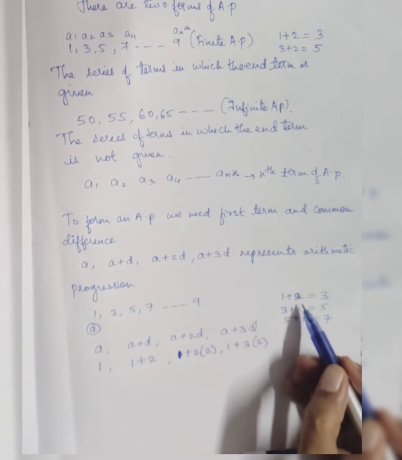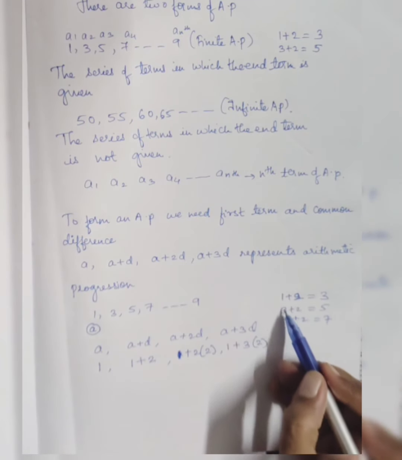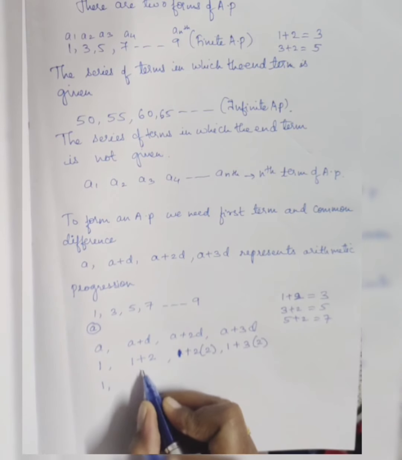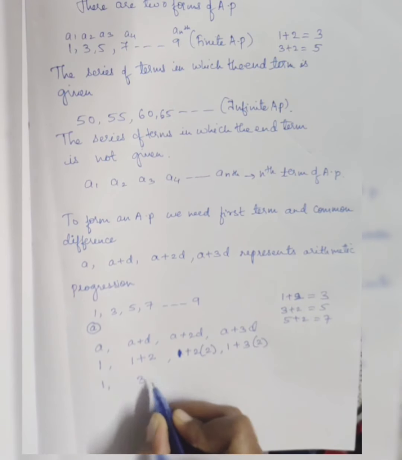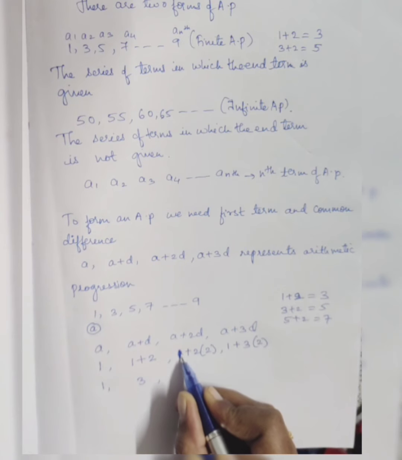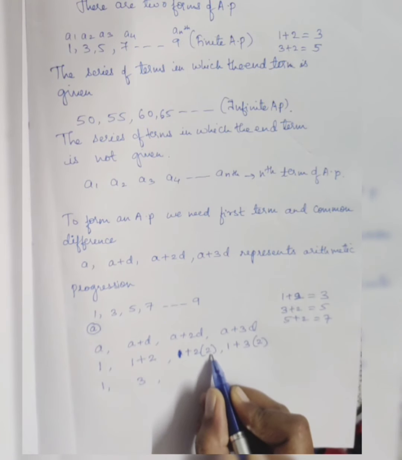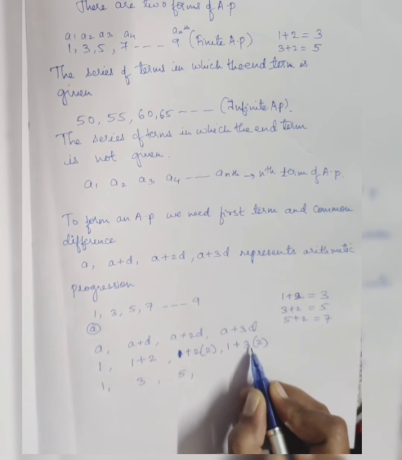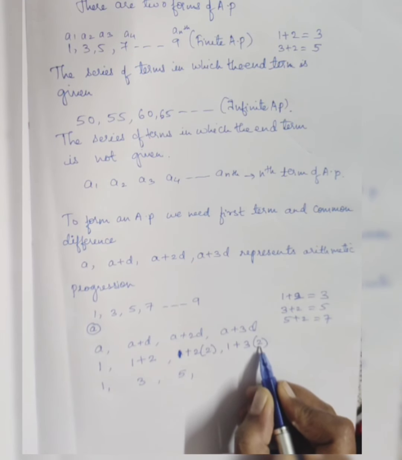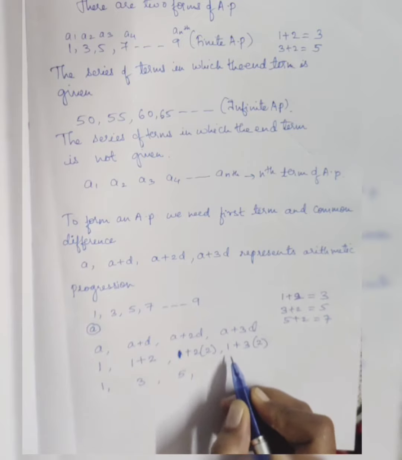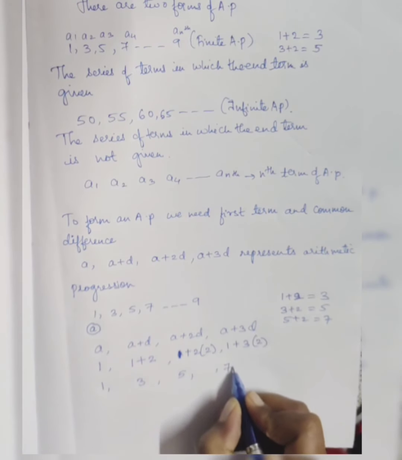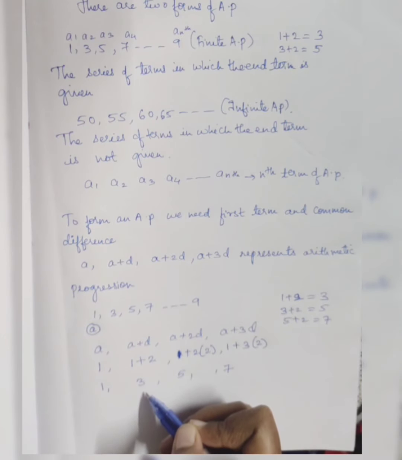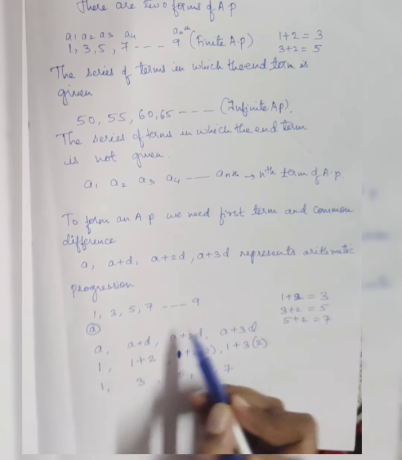Common difference is nothing but the constant term which you are adding for each term. So what will you get? 1 as it is. Here 1 plus 2 is 3. And here 1 plus 2 into 2 is 4, so 4 plus 1 will be 5. Then 3 into 2 is 6, so 6 plus 1 will be 7. You can see the above example, the same numbers we are getting here. So we have proved the general form.